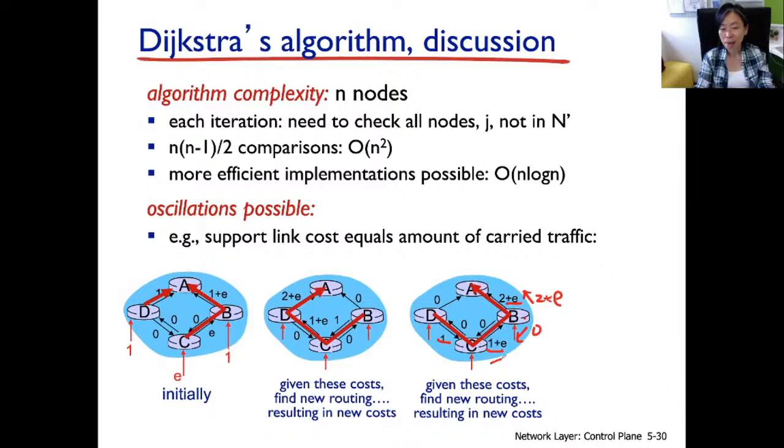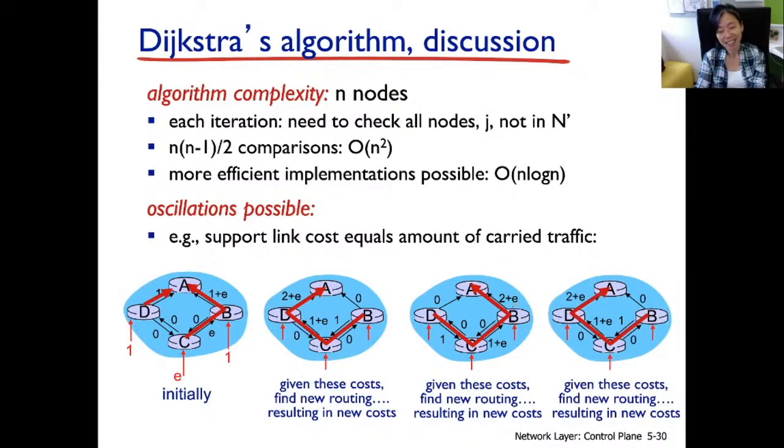C sees this path, really high, 3 plus 2E. And this other direction, 0. D, this direction, 0. This direction, super bad, 4 plus 2E. So all of them would switch back like this. And the link cost gets updated again. 1 on this link, 1 plus E on this link, and 2 plus E on this link, which